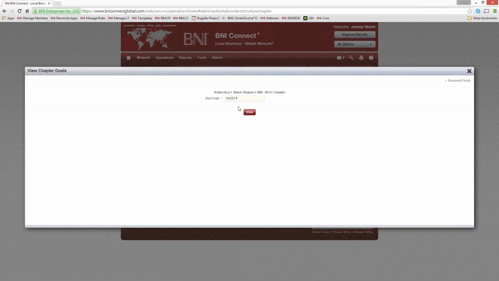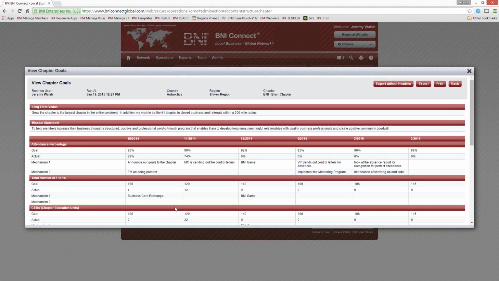by default, the time period is going to be the current 6-month period, but again, you can change that to anything that you'd like to. What we can see is that, for example, for attendance, we had a goal of 86, 89, 92. We can see that our actual attendance in October was 89%. Our actual attendance for November was 74%.